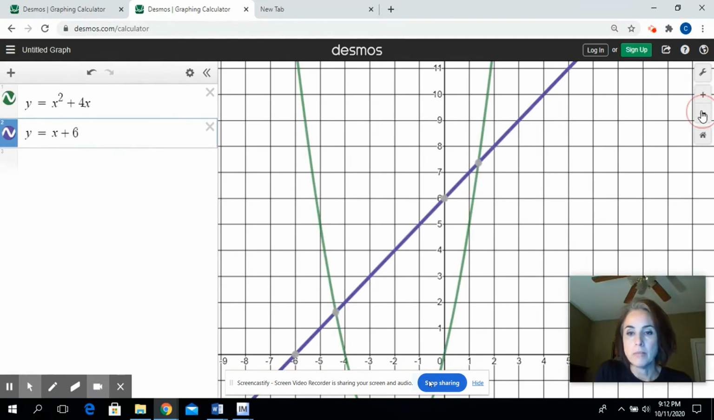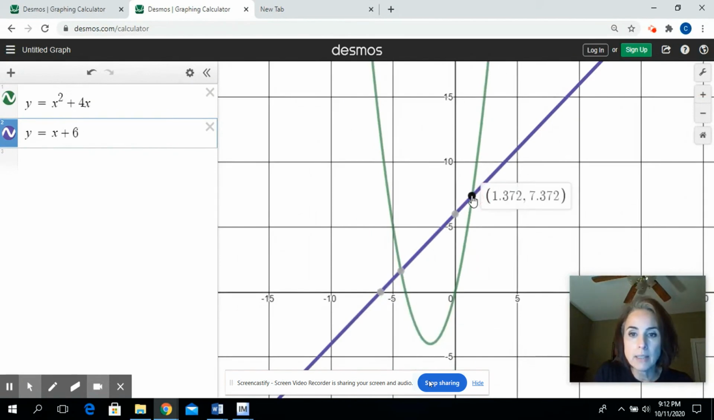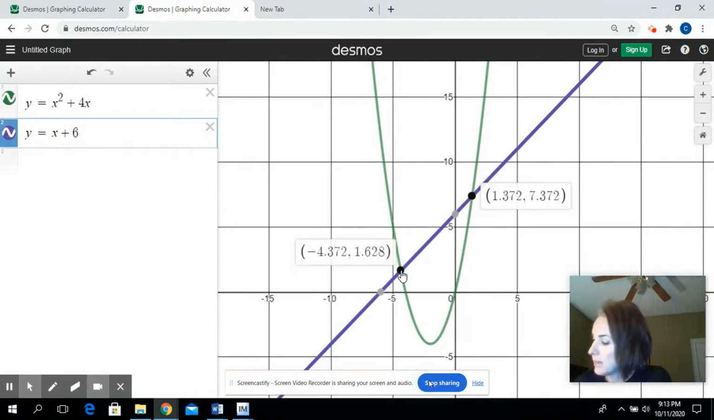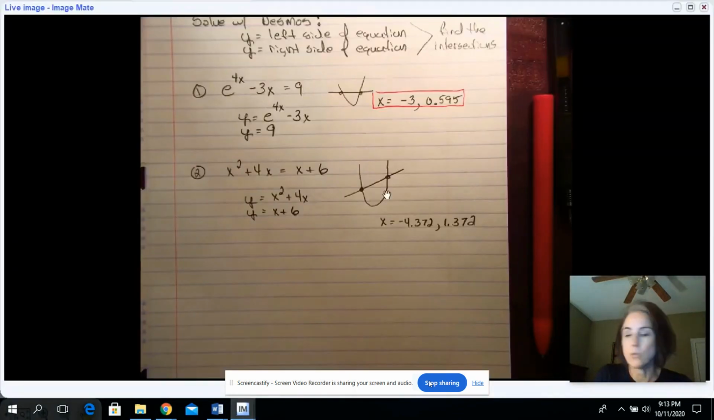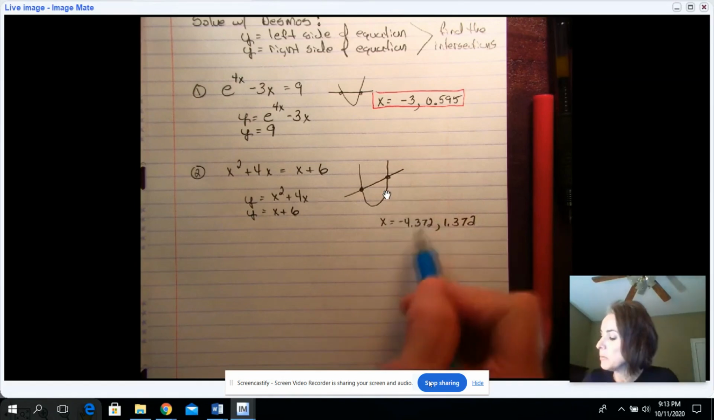And then let me go out a little bit, and I can see my two solutions. And I have a parabola. I'm just going to draw this on my graph real quick. And then I have my x values are negative 4.372 and 1.372. Okay, so look. I just drew a little parabola with a line going through, and those are my